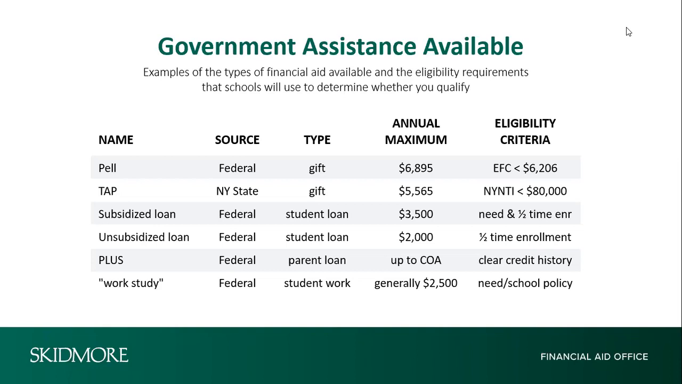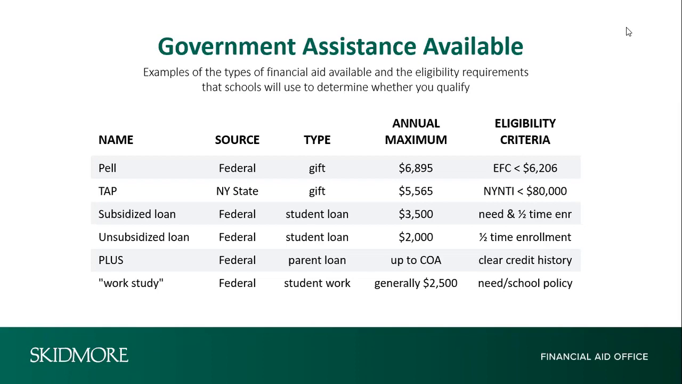So in order to get the maximum federal Pell Grant, your family contribution would have to be calculated to be 0. And then it's prorated based on your family contribution. The highest is $6,895 though. For federal aid, you have to be a US citizen or permanent resident to